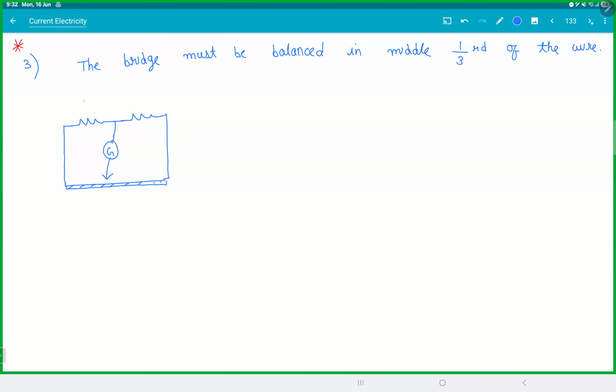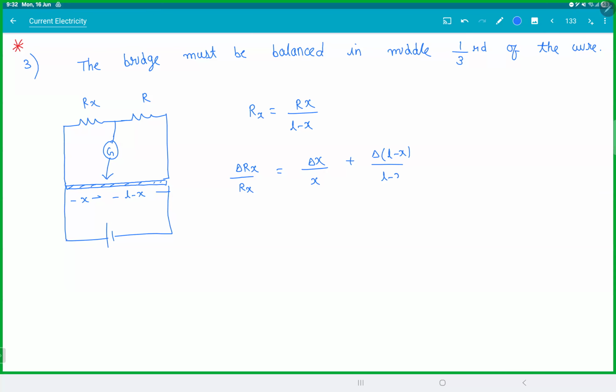So let's say we have an unknown resistance here, Rx. Let this be X and let this be L minus X. At the end of the day, this X and L minus X are actually measurements. So Rx will be R into X by L minus X. Put log on both sides and differentiate errors. So we have delta Rx by Rx